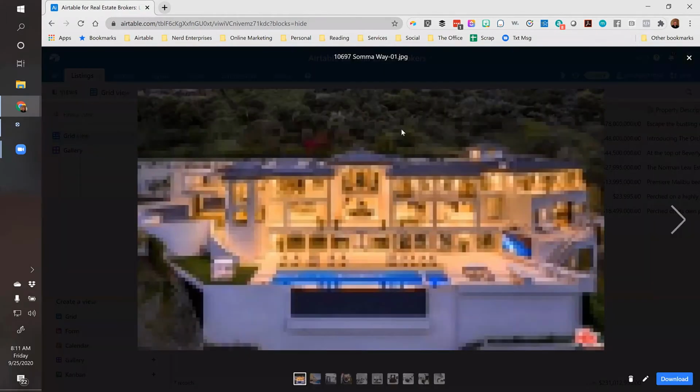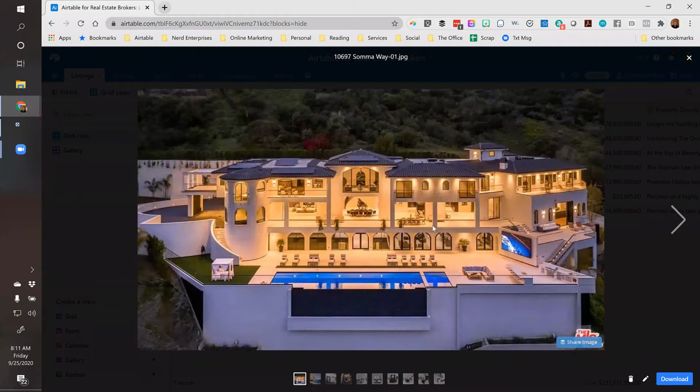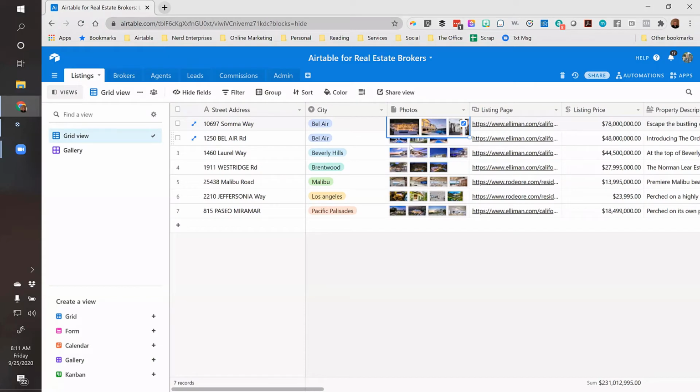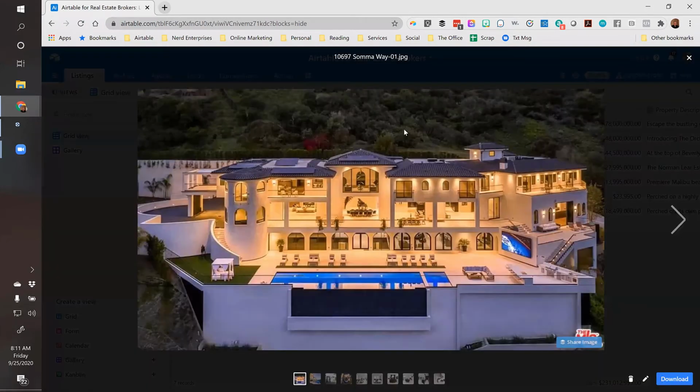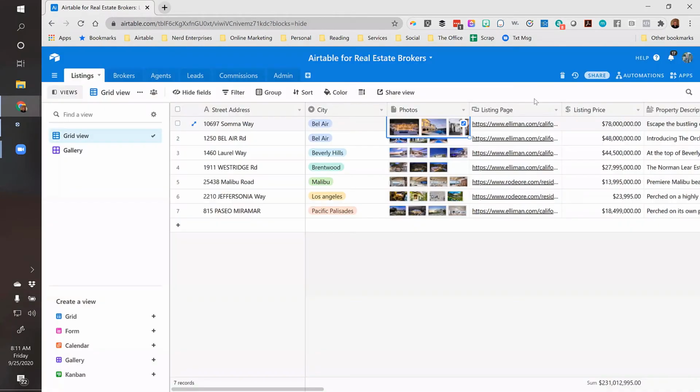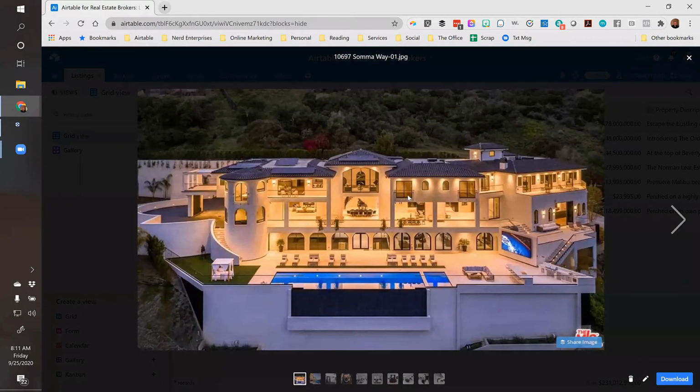Of course, I can click in here and get a good look at these. And if you want to, of course, I'm going to share the link to this base with everyone after today. I mean, some of these homes are amazing. If you have a cool 78 million to spare, you can have this estate that Josh Altman has listed for